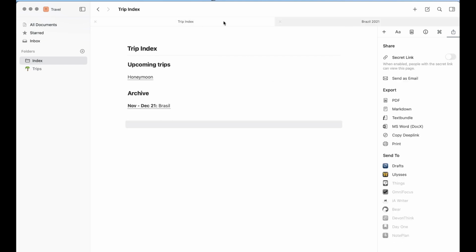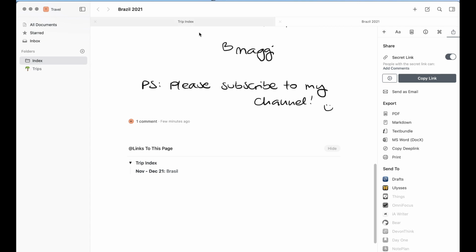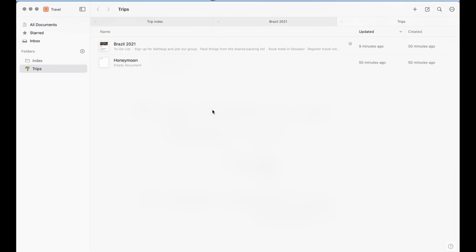One last thing that helps me to stay very organized is up here, as you can see, those tabs. They're very helpful because all the documents you can open at once are up here in the tabs. What is very nice, and not the case in Notion, for example, is that you can open up documents from different workspaces. I have a personal one and one for work, and I can mix and match the documents as I need them up here. Another thing you can do is just drag and drop complete folders up here, and they will also show up as a tab. This can really speed up your workflow.